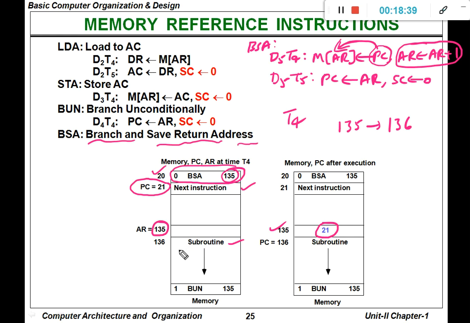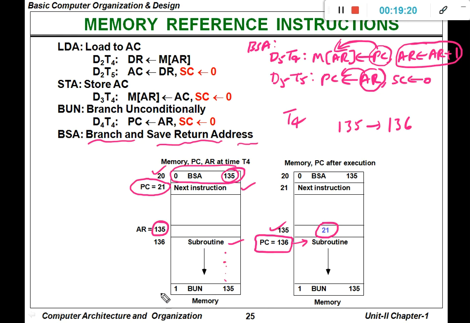However, to make sure that this particular subroutine is being executed, the address of the next instruction must always be represented by the program counter. That is why we are moving the content of AR to the program counter. Then the program counter will represent address location 136, where the subtask or subroutine is going to start. So once the subroutine has started, it continuously executes.